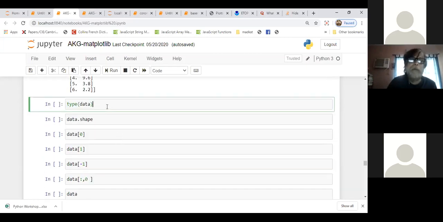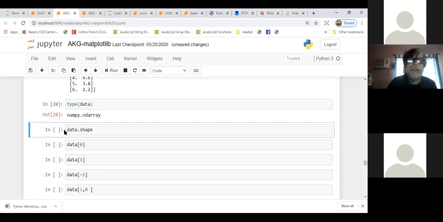You see the type of data: NumPy ndarray, n-dimensional array, and you see the shape of the data. You must have learned these things while learning NumPy. If not, I suggest you go through a little bit about NumPy. I will write everything for you later, and I'll make videos also.